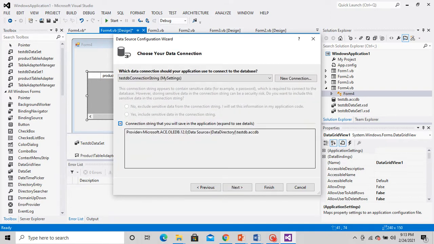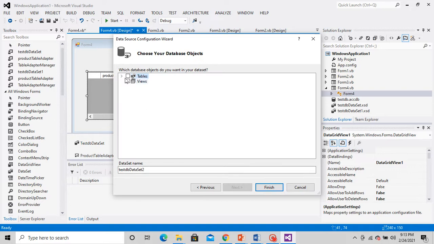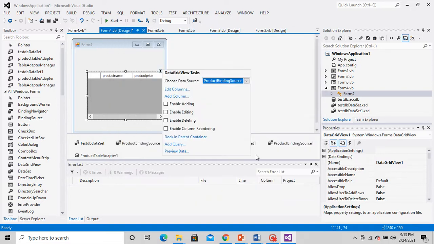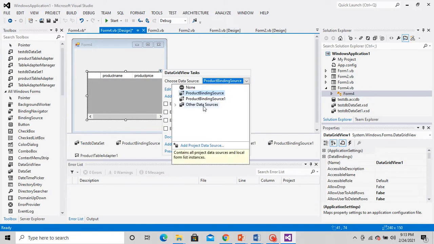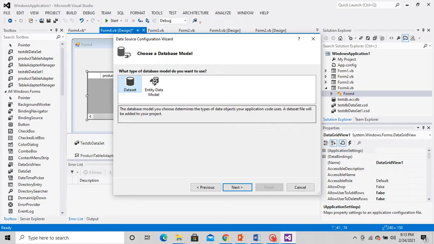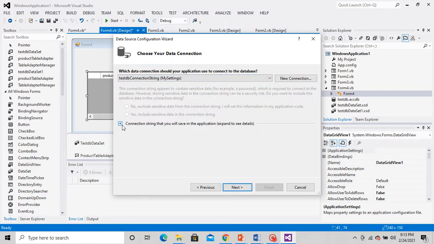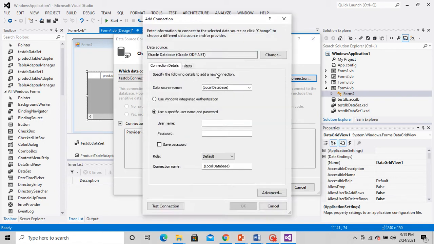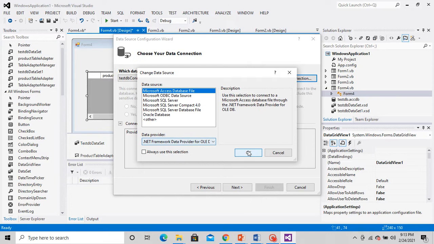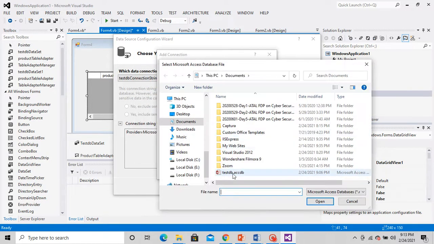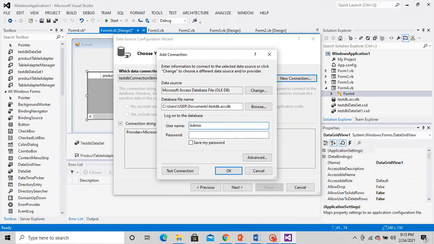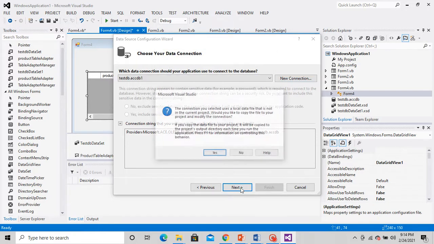Next, next. Now click on next. This is a local file.